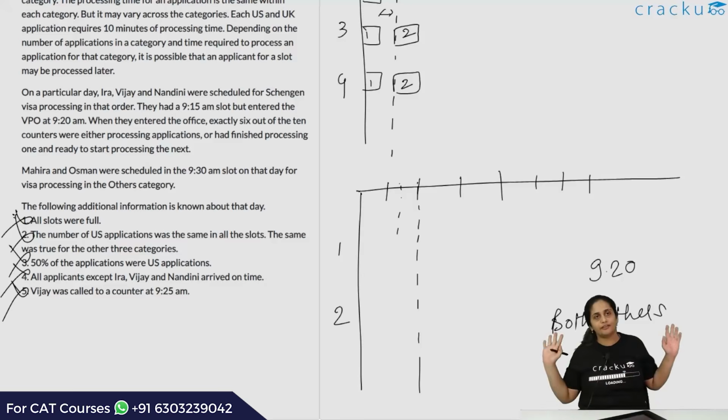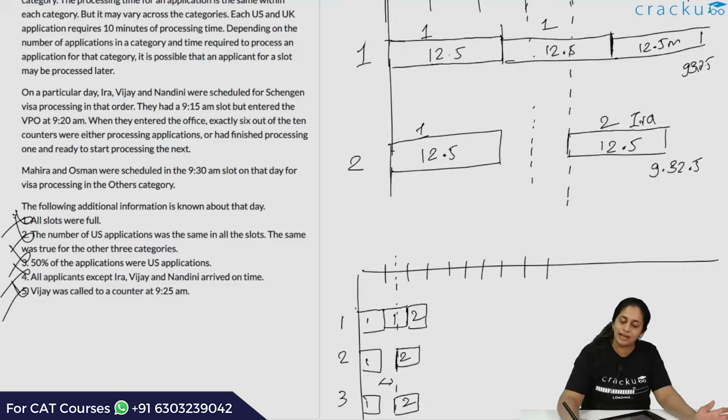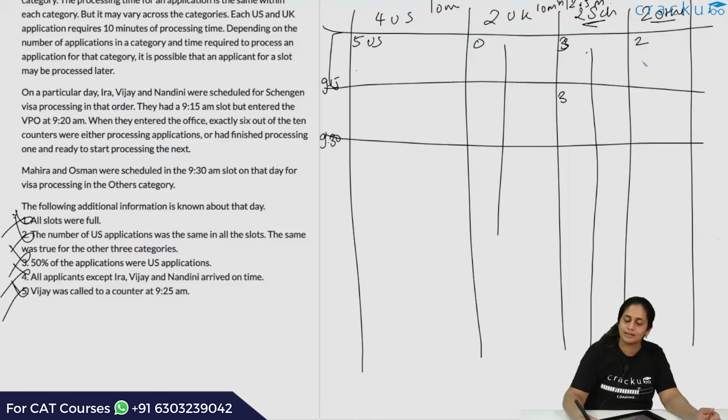At 9:20 they are free, they don't have any applicant in front of them, which means that the processing time for Others is less than or equal to 5 minutes, which means that they get at 9:15, by 9:20 definitely they are done with it and they are free, which means that at 9:20 they have nothing to do in front of them. So that means that the Others application time is anywhere between 1 to 5 minutes, even half a minute. So essentially I know that the application time is less than or equal to 5 minutes. This is something that I can infer.